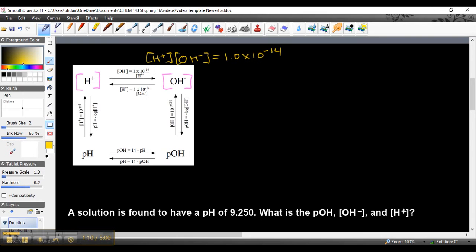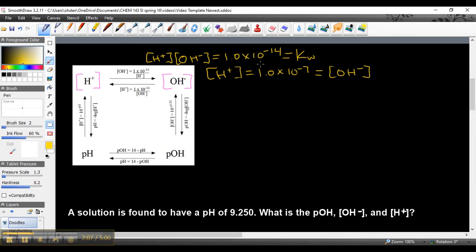Because if you want to know what the concentration of hydronium is, you take 1.0 times 10 to the negative 14 divided by the concentration of hydroxide. You should also know, just in case, that 1.0 times 10 to the negative 14 is equal to Kw. These right here are your Ka, your H plus, and then this is Kb. But that's not something that you guys will really have to worry about too much. What you really need to know is the concentration of hydronium times the concentration of hydroxide equals 1.0 times 10 to the negative 14. From this, in a neutral solution, you should also know that the concentration of hydroxide equals 1.0 times 10 to the negative 7, which is going to equal the concentration